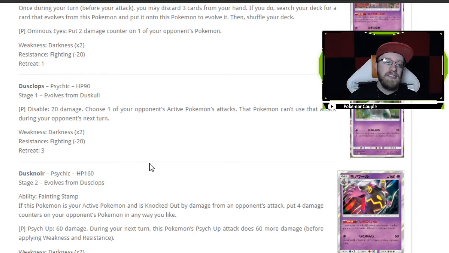If this Pokemon is your active Pokemon and it's knocked out, put 4 damage counters on your opponent's Pokemon in any way you like. Of course, you can add Spell Tag, definitely more spread damage into the whole idea of Psychic type. So Psychic type this season is going to be all about spread damage, which I do love. Plus 60 damage during your next turn. This Pokemon's Psychic attack does 60 more damage. Quite